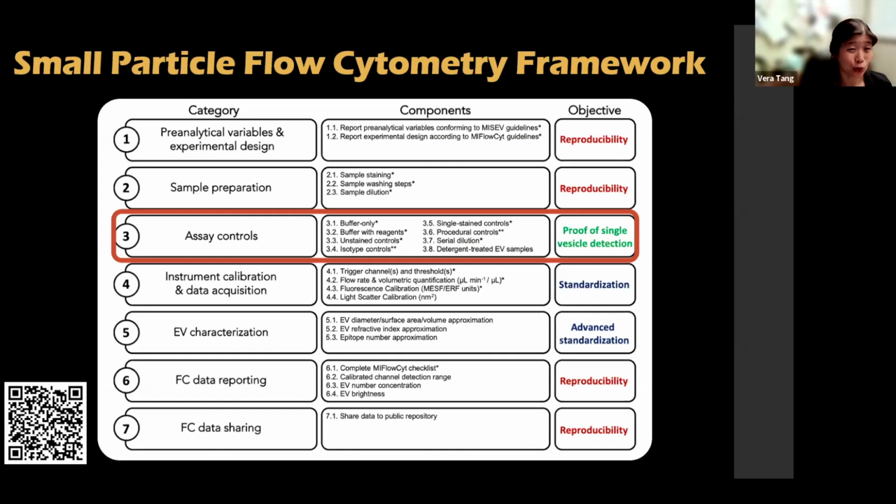One is the assay controls. Why that's important: we as flow cytometrists understand that you need controls in order to understand your data, specifically the assay controls to understand flow cytometry data of EVs and other small particles. Pretty straightforward, and very similar to what we'd be used to for cell flow. Specifically though, I'd like to point out three that may not be as familiar. Of course, single stain controls are very straightforward, used all the time in cells, and 100% used for the same purposes in EV work as well, but we have an additional